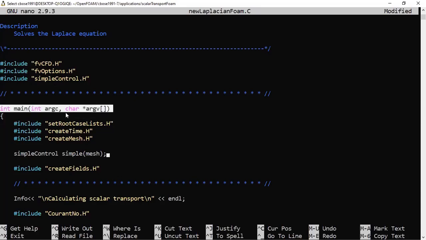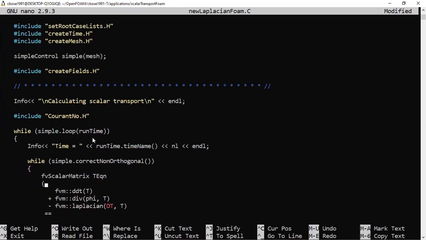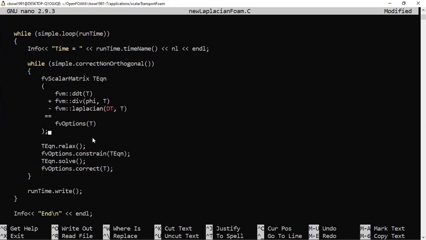Okay, with some argument. So int is the type of the argument, and main is the main C++ code that we are starting, and which has some argument. Okay, and within the main code we have some other header files. So all these header files are some definitions and declarations we need for our governing equation. But we will see what we need and what we do not, and we will remove that. So first let us come to the governing equation, which you have already seen in Dr.